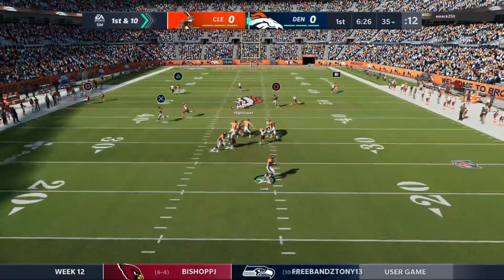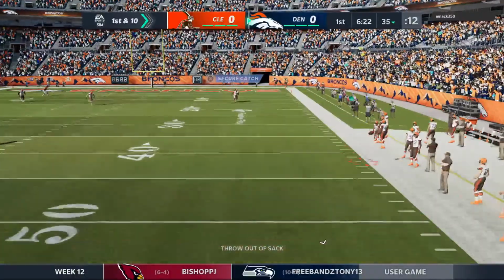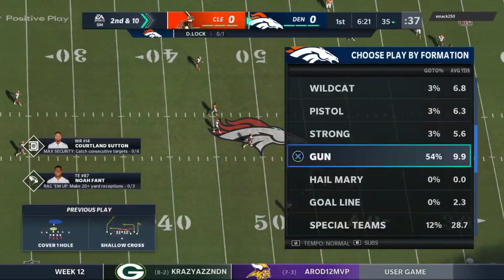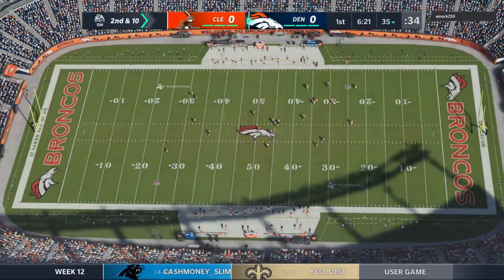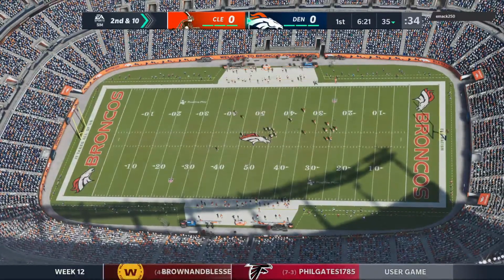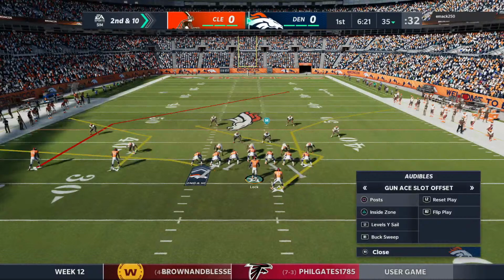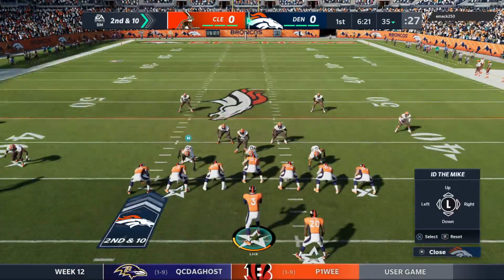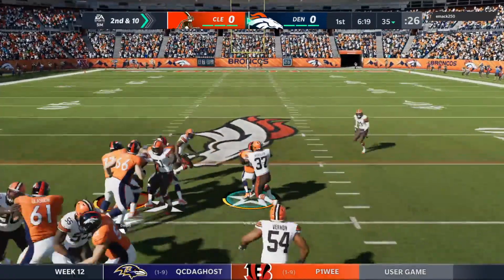First down, Locke. Eluding the pressure right. And he was hit as he threw it there, and it forces it incomplete. Defensively here, you're facing a top 5 team in terms of points scored in the NFL. So when they're that high powered, you've got to find a way to hold them under 20. Because to me, that's the magic number. 20 points scored gives you your best chance to win. So if they're up around 24, 28, 30, they could be in some trouble. And I think so, because then you turn it into a shootout, and that means your offense has to keep